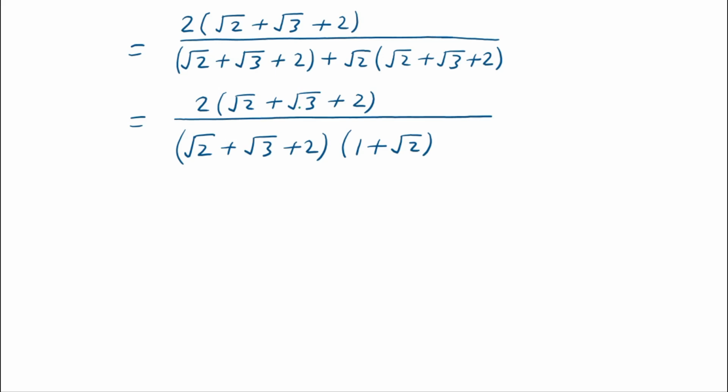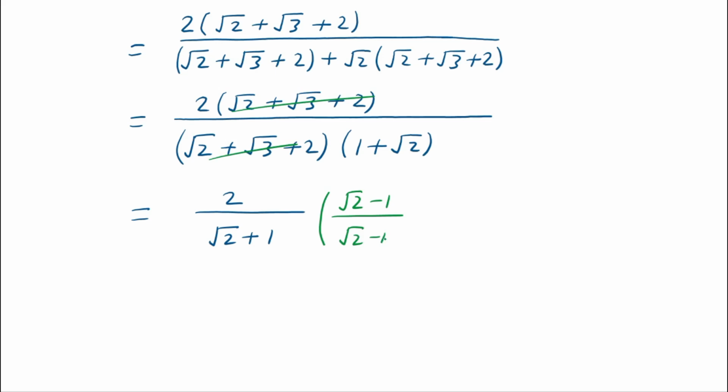Now this and this factor are cancelled out. In the numerator 2 over, we can write 1 plus square root of 2 as square root of 2 plus 1. Now here we will multiply numerator and denominator by square root of 2 minus 1,